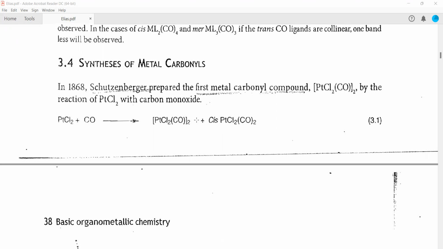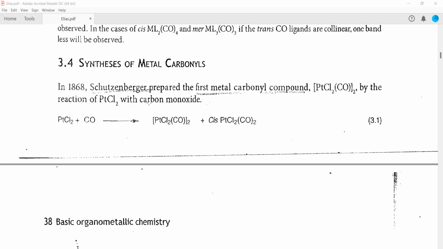because we know that these metal carbonyl complexes are used as precursors for various metal complexes, whatever you want to prepare in the lab. So let us now understand how these precursors are made. There are various techniques by which they can be made, and all the techniques will be discussed in this lecture. So it started in 1868, when Schützenberger prepared the first metal carbonyl compound, which was platinum-based,